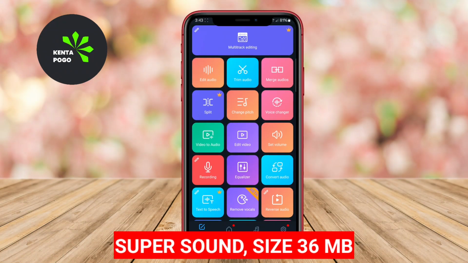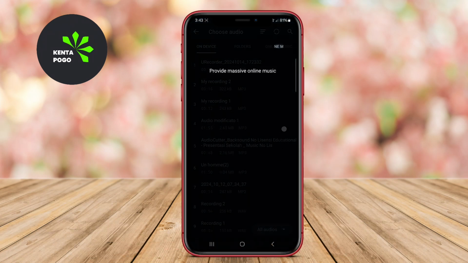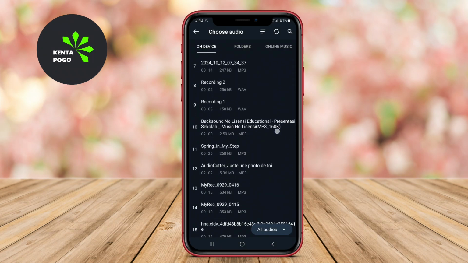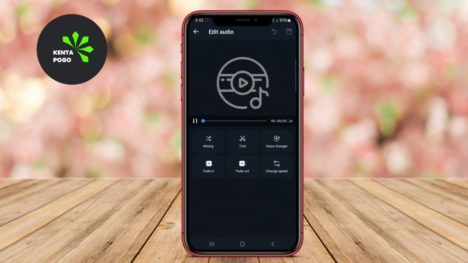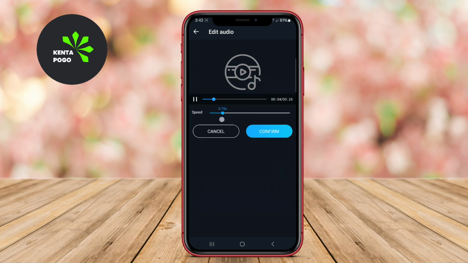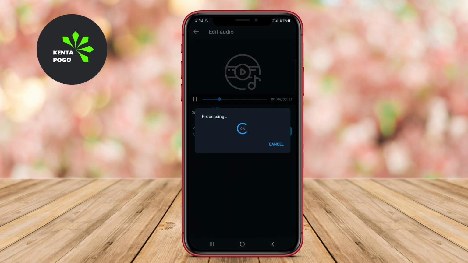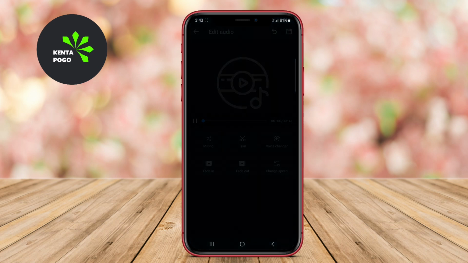Supersound. Supersound is designed to provide an immersive audio experience with features such as speed adjustment, pitch shifting, and looping. The app supports a variety of audio formats, ensuring compatibility with your music library, and it offers high-quality playback that